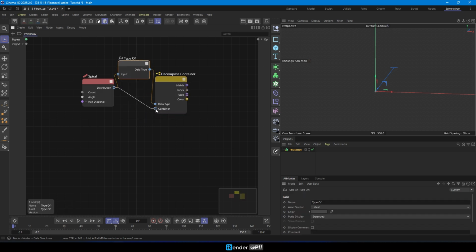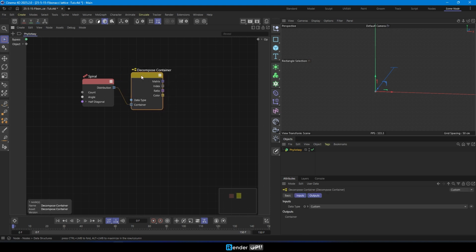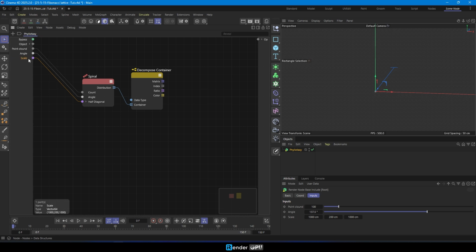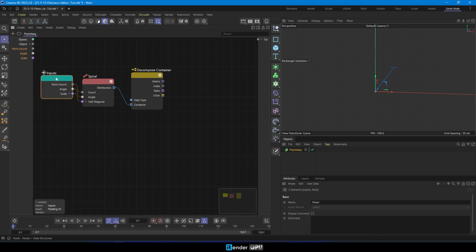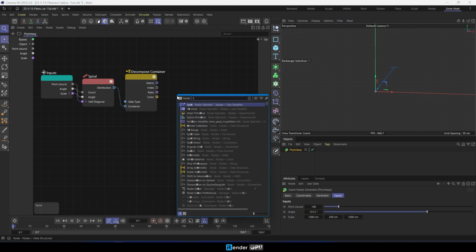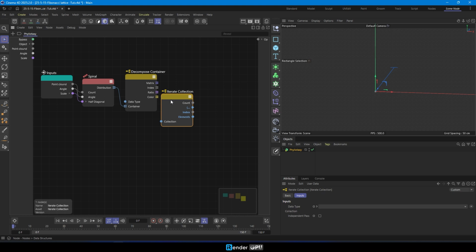Next, we add a decompose container node to break down the output of the spiral distribution into usable data. We call the iterate collection node to extract the necessary data and connect it to the matrix port.